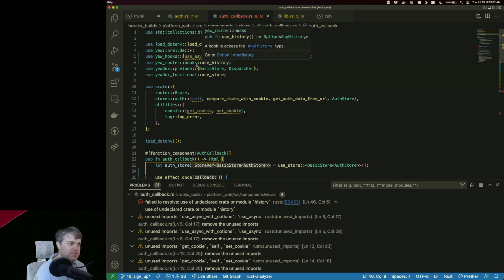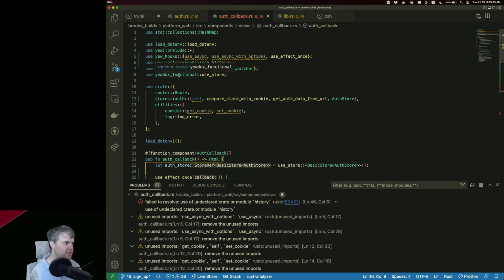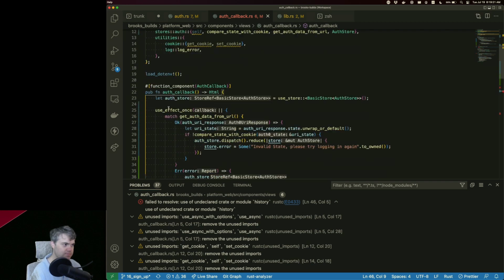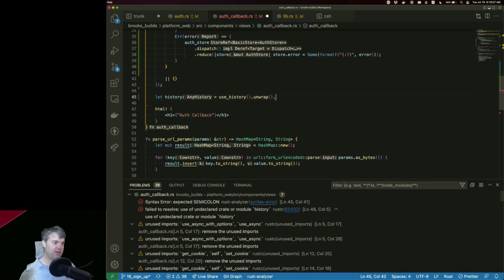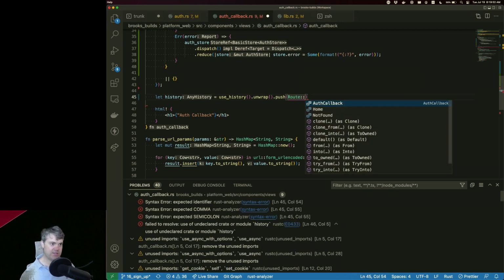Okay, so here's the use history. I don't see any other uses with history in it. Hold on, let's try this. If I just do push directly into here, route home.